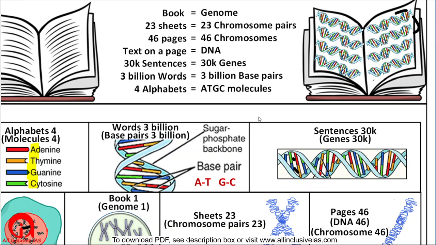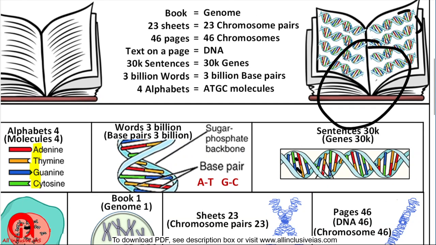Suppose the sentence is, the person whose genome is this will have black eyes. That is what is written here in this book. Suppose, see, your genome is unique. So in your genome, suppose it is written, the person will have black eyes. This is one sentence. Another sentence will be, he will have curly hairs. Okay, so this is another sentence. So like this, every detail of your body is mentioned in this book of genome, right?